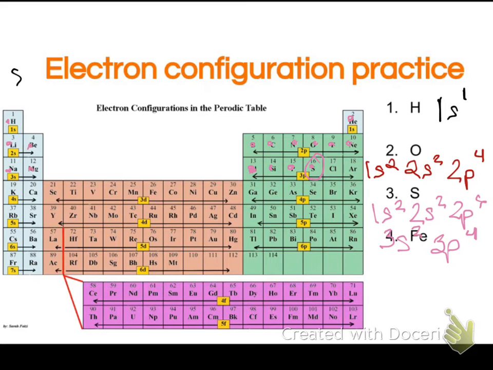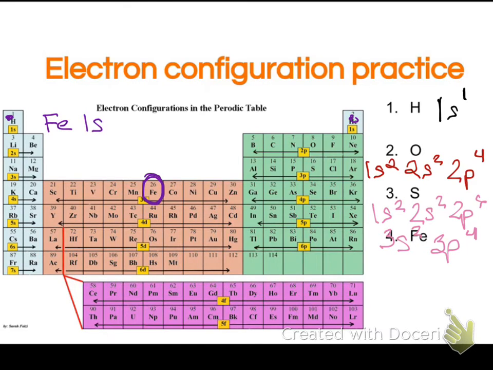Iron is in the middle of the D block. So what I've got to do there, it's kind of the same process, but my iron is in the middle right here. So let's see what we get there. I'm going to write the configuration up at the top here because I kind of ran over it on the other spot. But we start back in the beginning, so we got